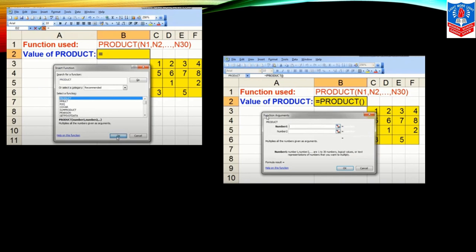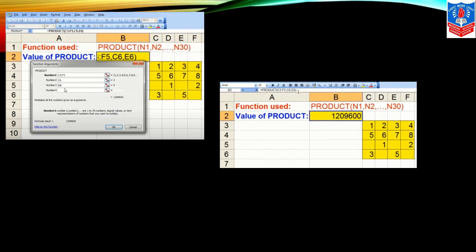Then afterwards, in the product function, we are writing the range. So for the value of product in the next cell, A2, we are writing F5, C6, E6. These are the different ranges of the cell. And there we are giving the value or selecting through the mouse, and the output of the product function is given over here.